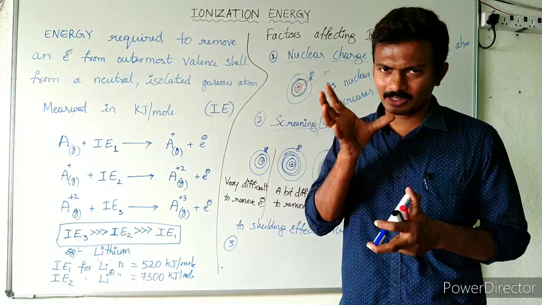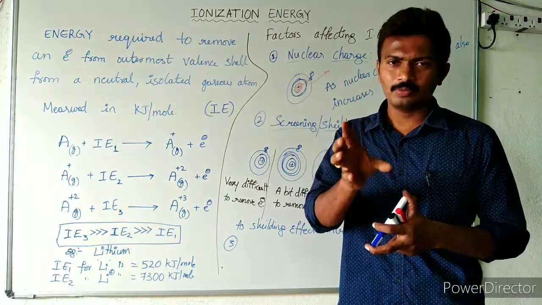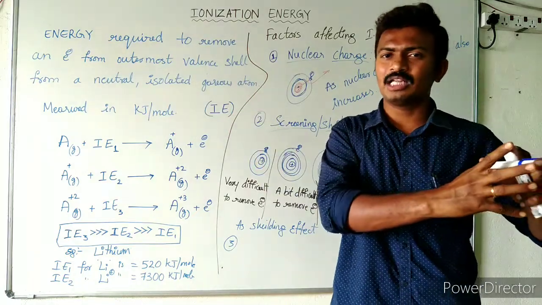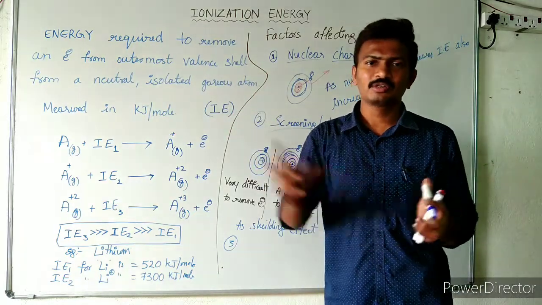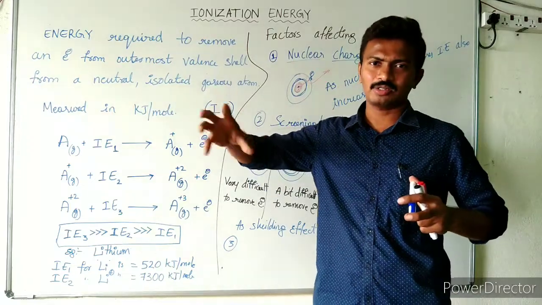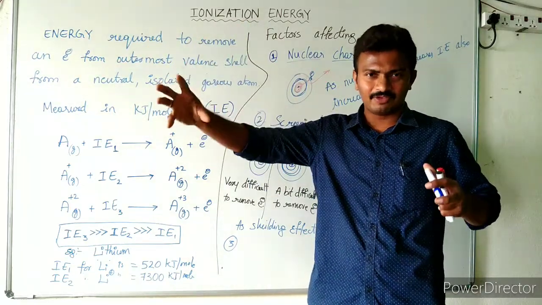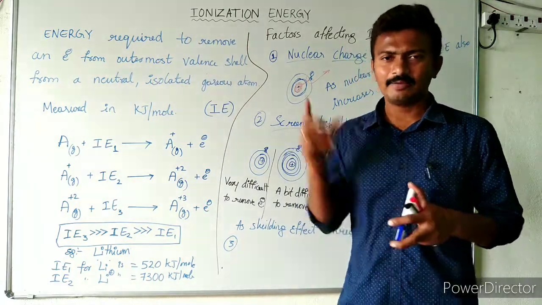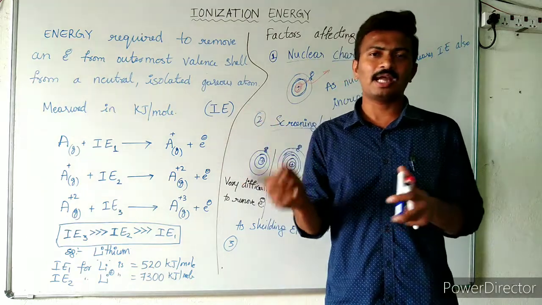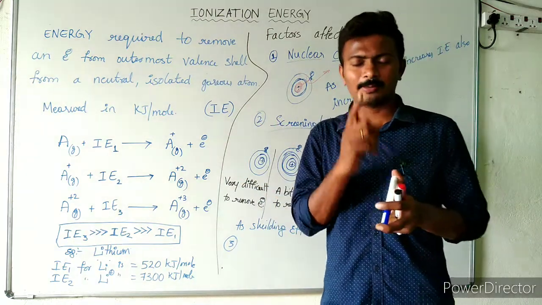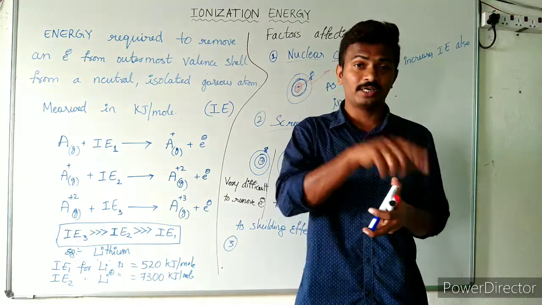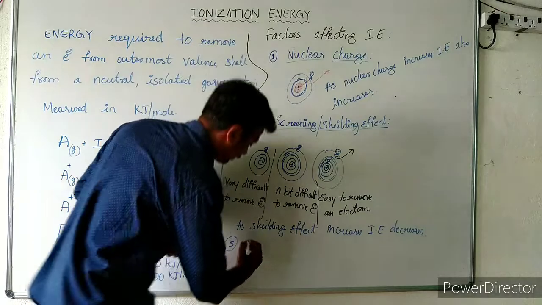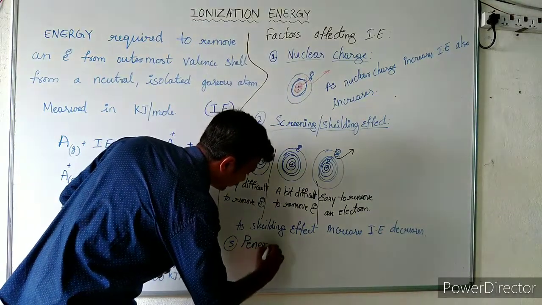So from a particular shell, it is easy to remove the electron from F subshell because F subshell is not going to penetrate deep and close towards the nucleus. So therefore, F subshell is going to be away from the nucleus. So it is easy to remove that electron from the F subshell. Whereas coming to D, it is somewhat difficult, and whereas if we take P and S subshells, it is very difficult from S and P subshells. So this penetration power also affects